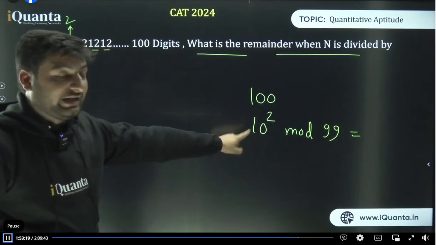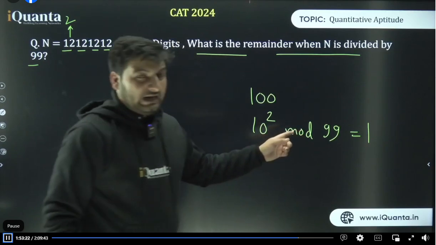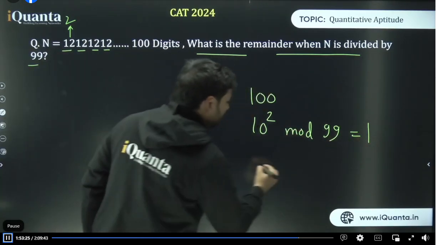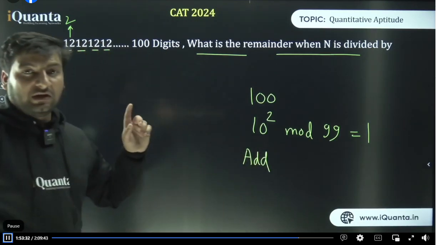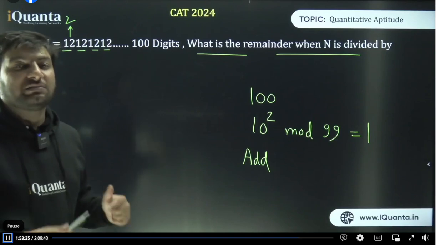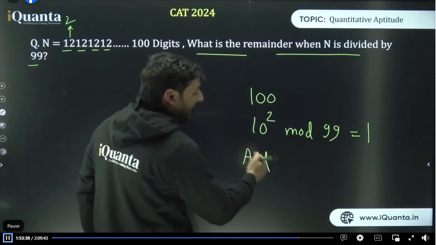But here, 10 square mod 99 is what? When you divide 100 by 99, the remainder is 1. When remainder is 1, you will add. You will just add, okay? When remainder was -1, you were performing alternate subtraction and addition. But here you will only add, okay? Add